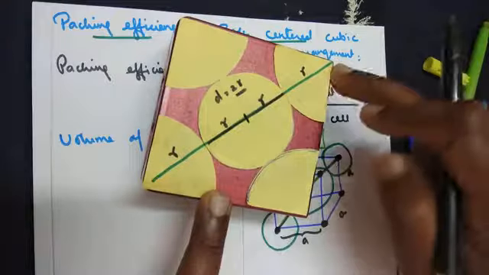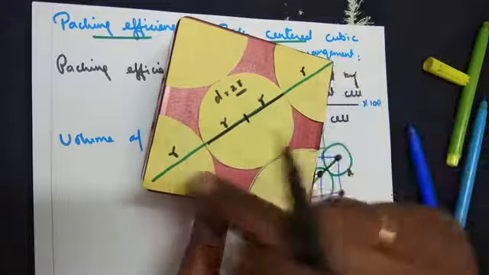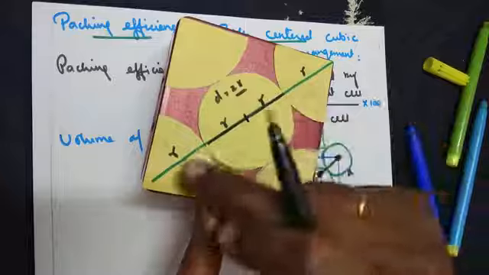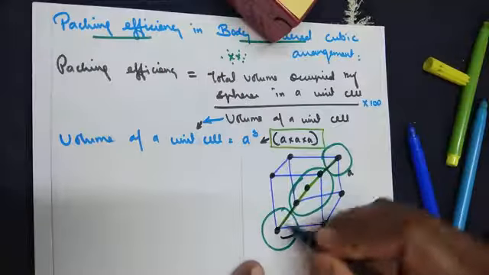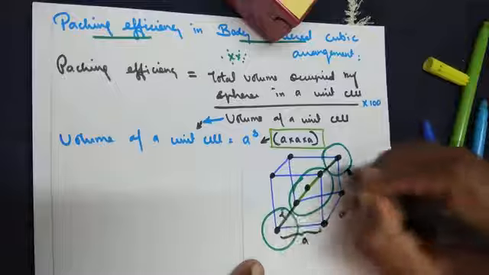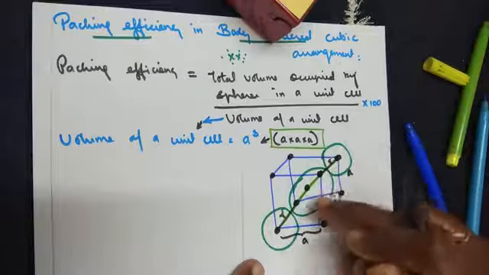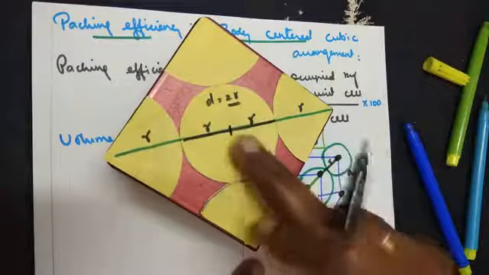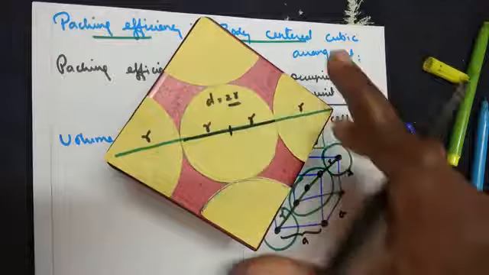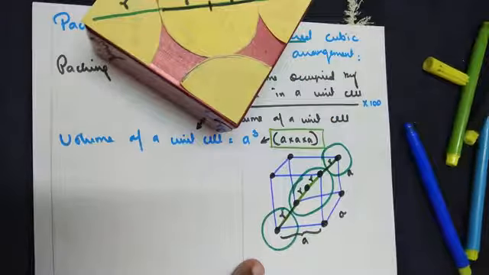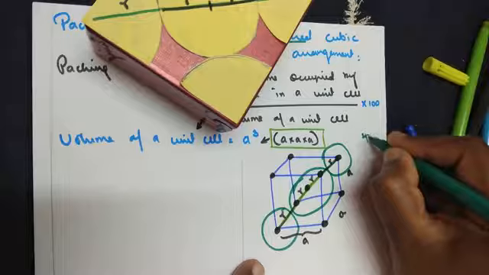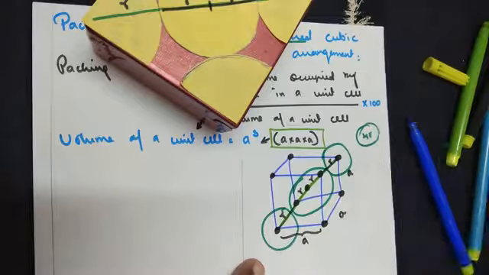So along the diagonal, if we calculate the radius, how many R values are there? 1, 2, 3, 4. They are equal in length. So I've got here 1R here and 1R here. My circle happens to be a smaller size. You remember better, this one will be the correct structure is here. And here R and R. So together how many R's we've got here? 4R. We'll come back to this point later. Now we'll move on to.